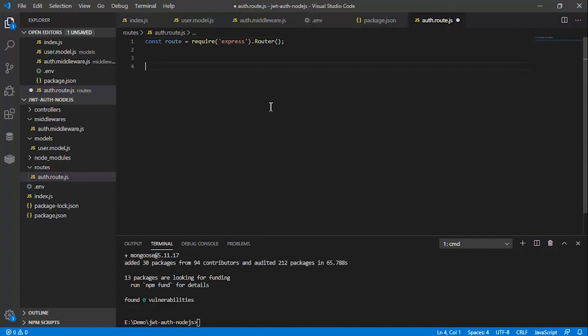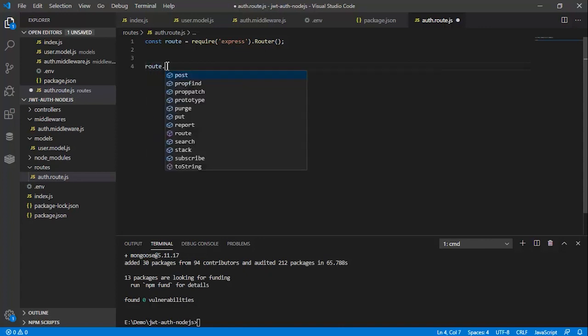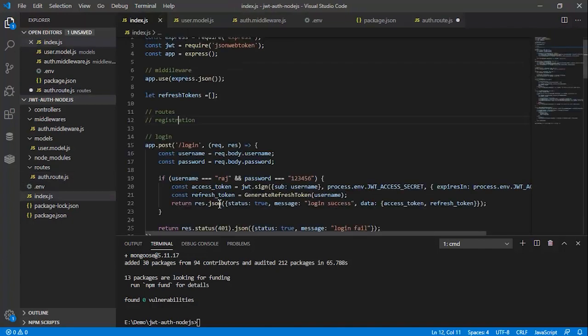Okay, and now this is the route variable. We can go ahead and move our API endpoints right now here. So I will start with route.post for our register method, which we have to create. So I will go ahead and write register. Okay, and the format is like route.post, and here you will write the endpoint as you will write